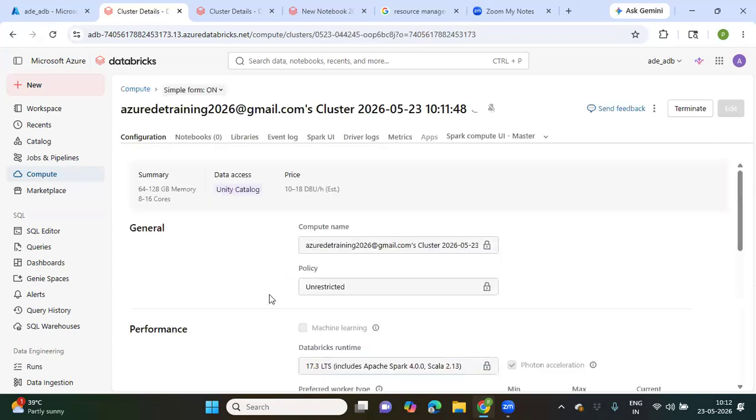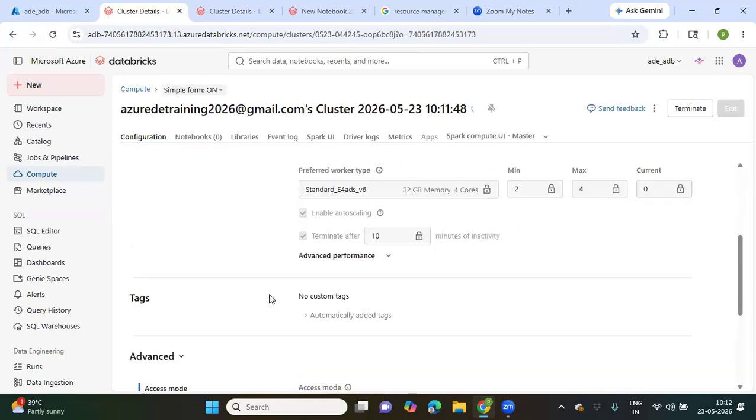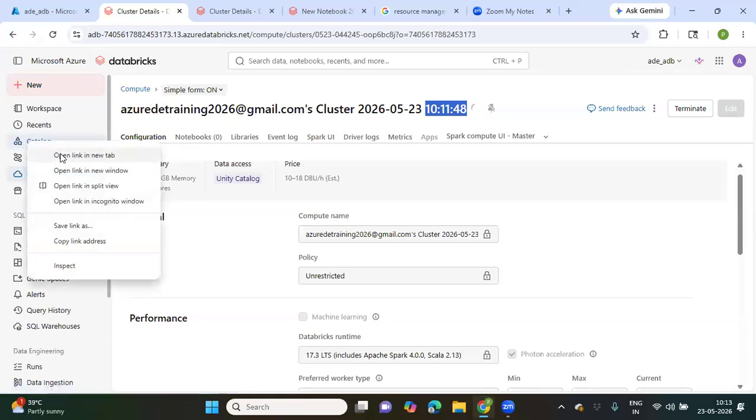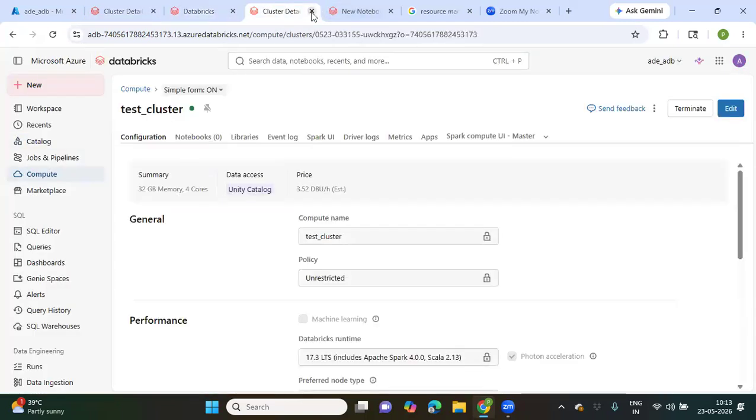Okay, it will take some time for configuration. It is getting created with the current timestamp. This will take a little time. Meanwhile, I'll go to this catalog option, open it in a new tab. Let us also open our